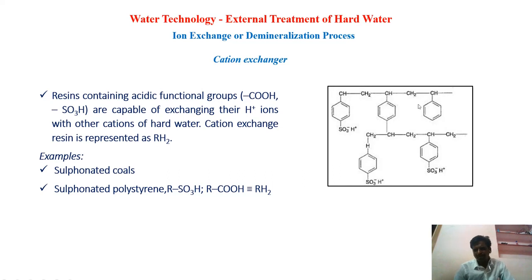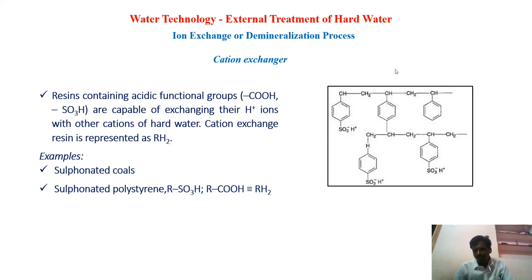This is a linear polymer, maybe styrene molecules, and the cross-links are also there. These molecules have a sulfonic acid group, SO3 minus H plus. All these functional groups have positively charged H plus ions. These H plus ions can be replaced by the calcium and magnesium ions present in the water. That means if you pour the water through, calcium and magnesium ions are replaced with the H plus ions. The calcium ions will come here, SO3 minus Ca 2 plus or Mg 2 plus. So, the H plus will be replaced by the calcium and magnesium present in the water.